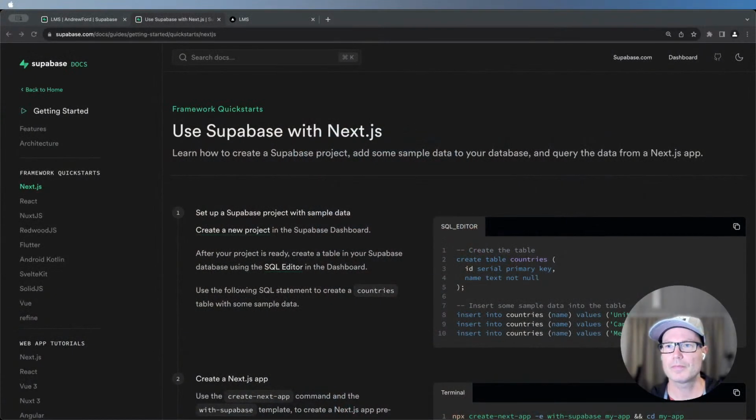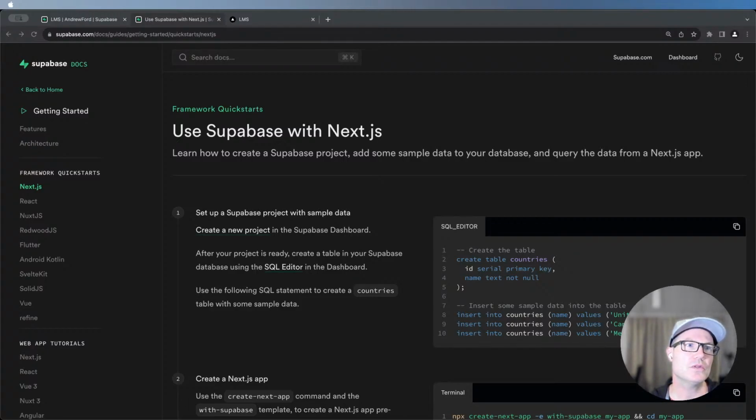Well, first things, let's jump to the Supabase website because it's got a really good walkthrough there of a quick start. Okay, so you can see here it's got the likes of Supabase with Next.js. That's what we're using. It's asking for creating a new project on the Supabase dashboard. Okay, and it goes through the process of setting up a table in the database. Okay, so if we go to the Supabase dashboard,